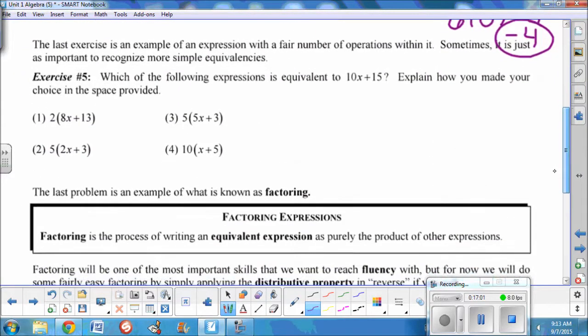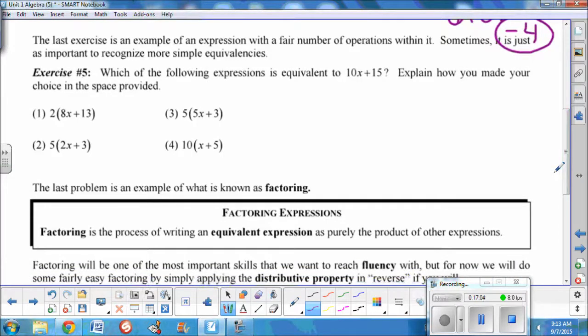Which of the following expressions is equivalent to 10x plus 15? Explain how you made your choice in the space provided. Well, looking at it, it's multiple choice. So I always tell kids, when you're stuck, you certainly can play the multiple choice game and test all the choices and see which one would be equivalent to that 10x plus 15. But let's think about undoing the distributive property on that. I've got 10x plus 15. So what was outside the parentheses that was multiplied by some binomial to give us 10x plus